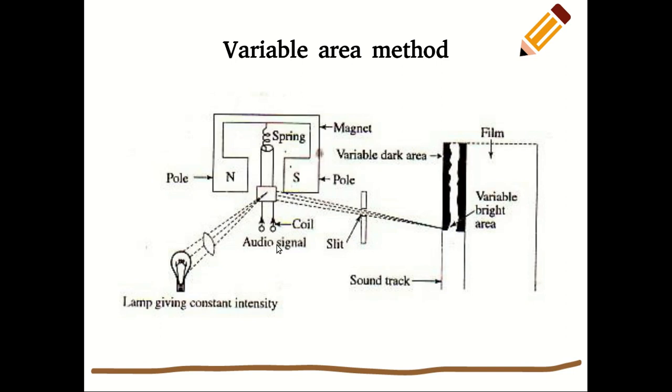So basically, the audio signal allows this current carrying coil to deflect or vibrate. This will deflect the mirror present in the galvanometer. As the mirror is reflecting, and as we are focusing some light on this mirror, the light gets reflected towards the slit. The width of the slit is not fixed, but it is changing as per the sound pressure. The light coming from the slit will produce some bright area on this photographic film, and in this way the sound signals will be recorded on the photographic film.